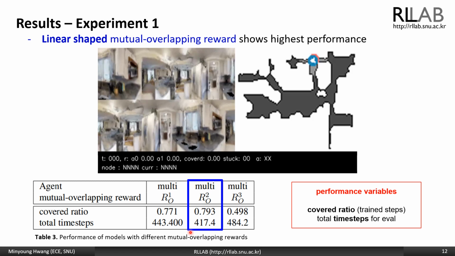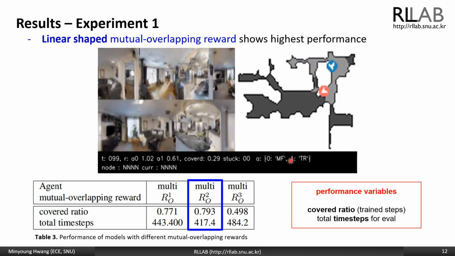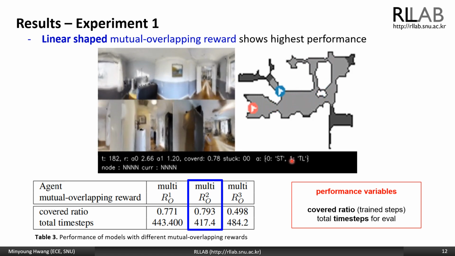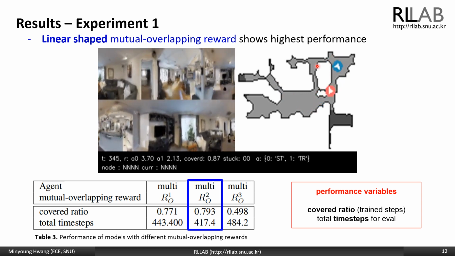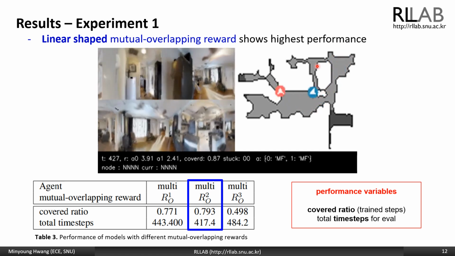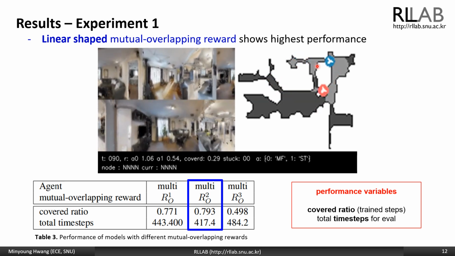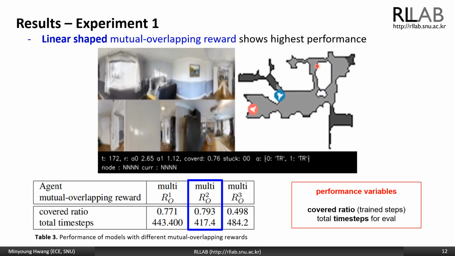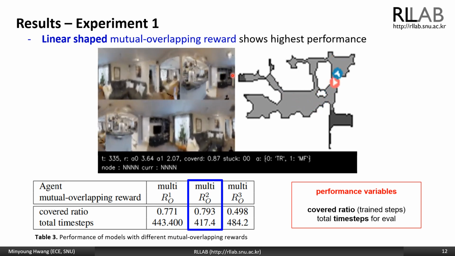When we used exponential function in RO3 model, the reward accelerated initial training but showed unstable tendencies as training steps increased. As you can see in the visualized video, two agents showed different trajectories even though they were initialized from the same position. Agents have several chances to have similar positions, but they choose different actions because they are trained to penalize the overlapping with previously discovered areas. The left two panoramic images show the observations of Agent 1 and 2.